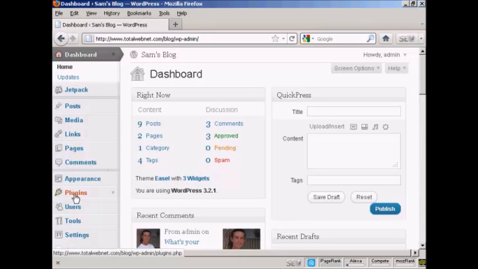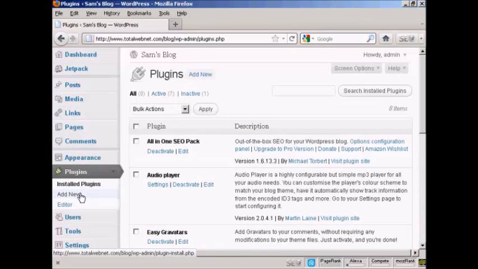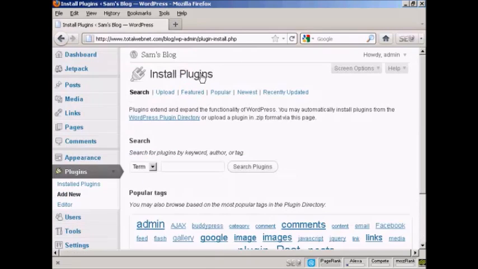So I'm going to install one now. Come here to plugins and then add new, and I'll do a search here for contact form and click on search plugins,